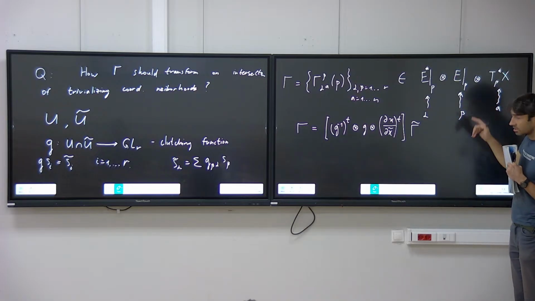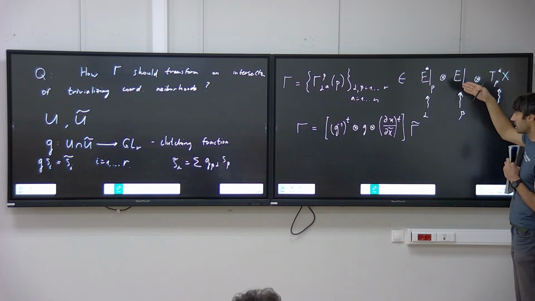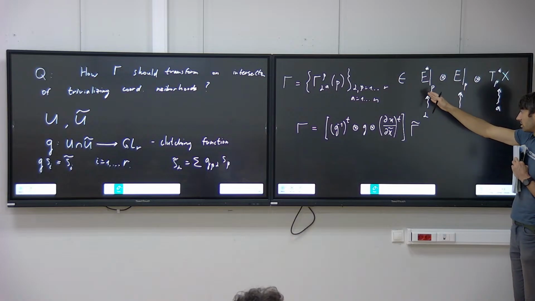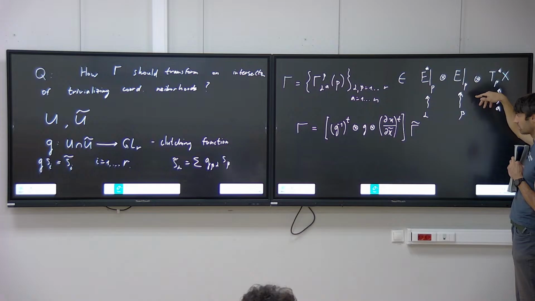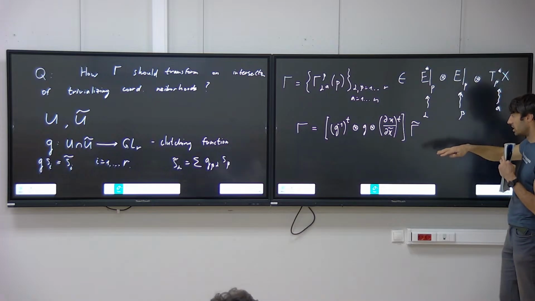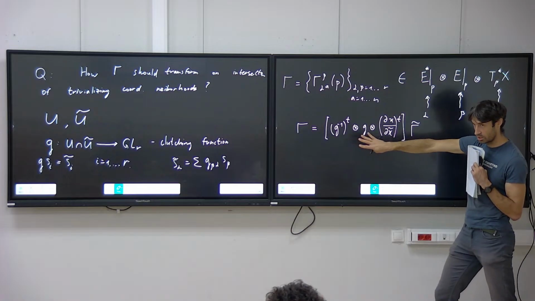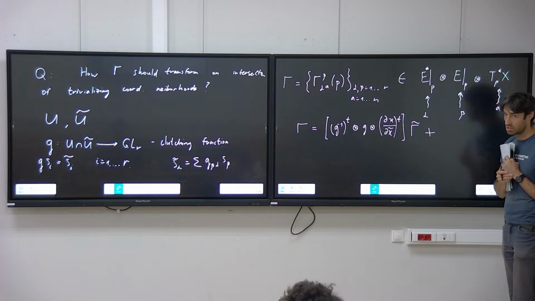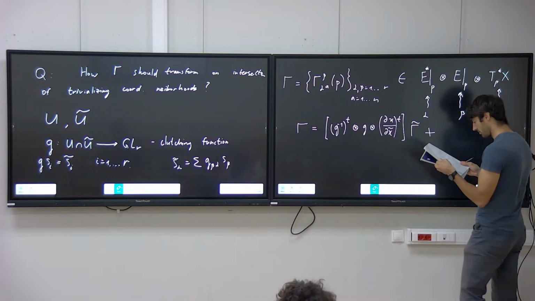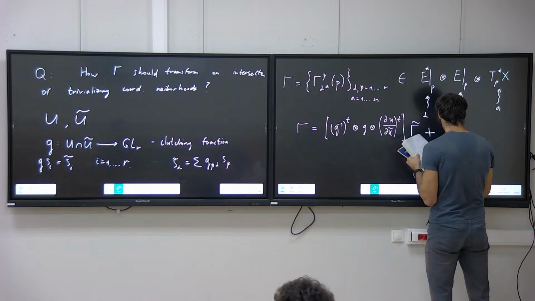Point-wise, it's in a fiber, right? But this is actually not a section because it doesn't transform like a section. If it was just like that, it would be a section. But I need an additional term here, which is this one: sum over A from 1 to n